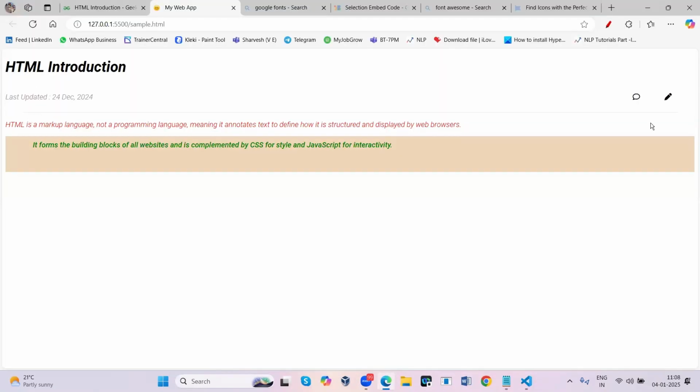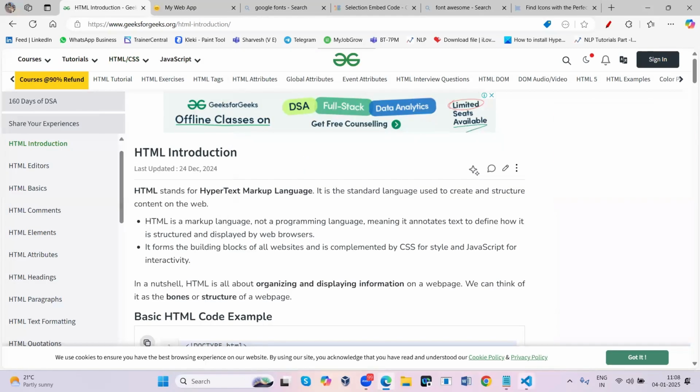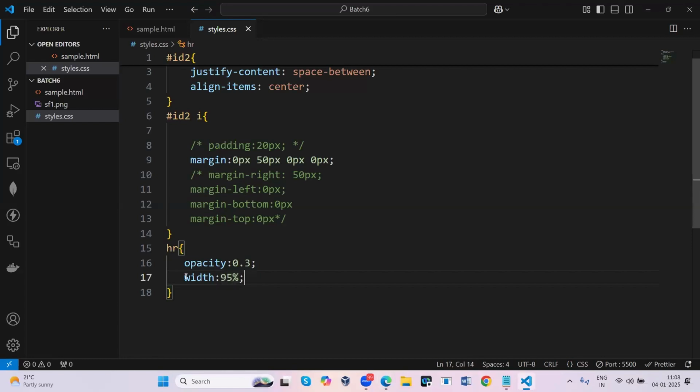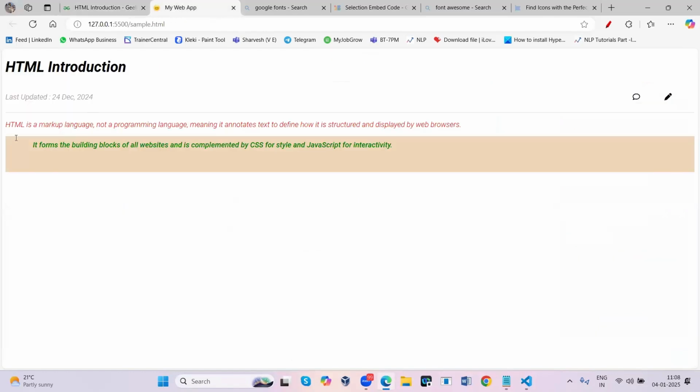So now it will be like this. Okay. So how it is going to be, just make use of it like that. So it is complete only. But you can make it whatever you like. I'm just explaining, you are able to make changes for the horizontal lines also. Okay. This is what we understood till here.